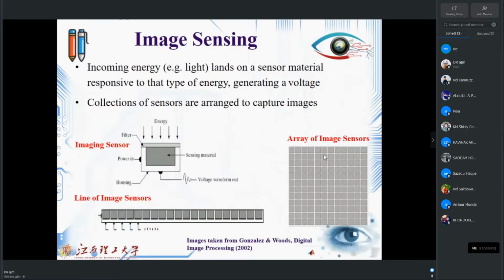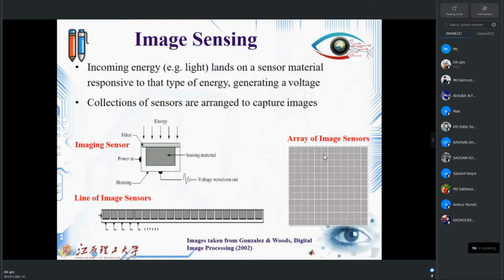Then this collection of sensors can capture the image this way. What I mean is that, as a rough idea for acquiring the image, we can have sensors that are sensitive to part of the wave, part of the energy, and through that they can acquire the